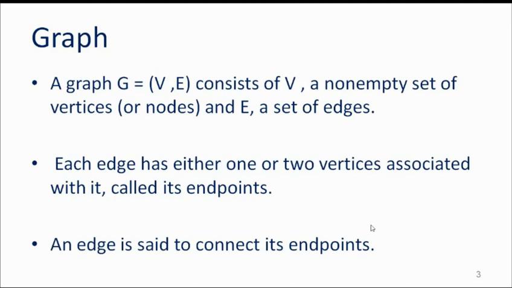So in this graph, two categories are there, mainly the directed graph and the undirected graph. In these two categories, again, if you mention a weight on each edge, then it is said to be a weighted graph. And in weighted graphs also, two categories will be there: one is the weighted directed graph, another is the weighted undirected graph. So these are the four different categories of graphs that we can see in general.